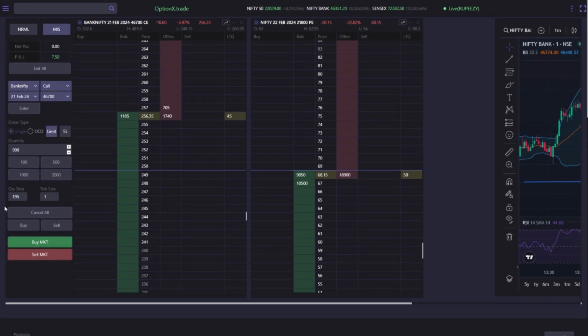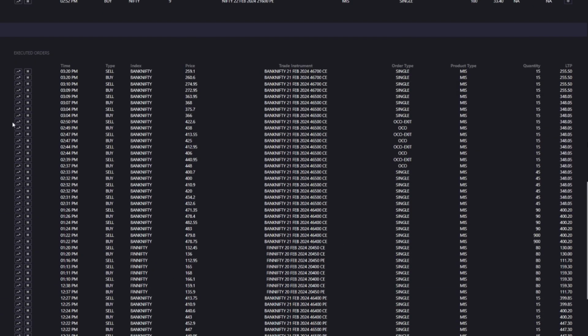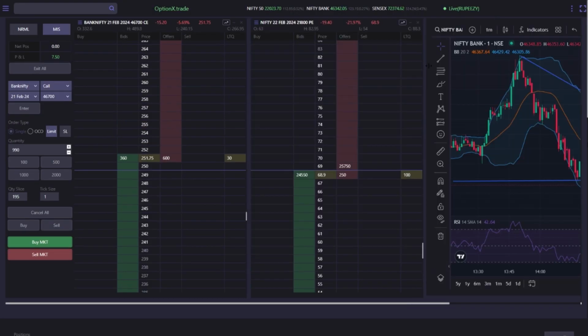You can open a chart from chart icons available at appropriate places, and navigate with ease by moving the cursor horizontally, and also scrolling up and down to navigate vertically. As you can see, OptionX with static price ladder and single-click order entry offers unsurpassed speed, accuracy, and ease of